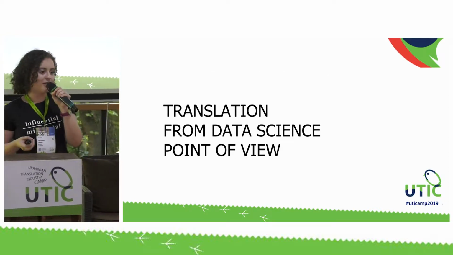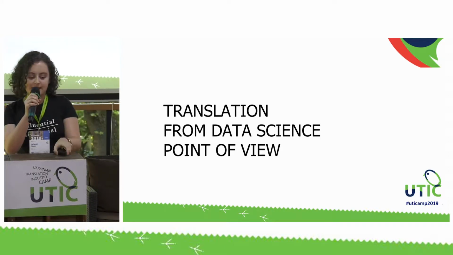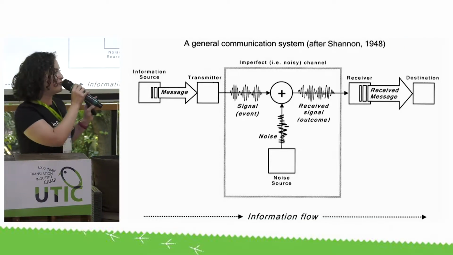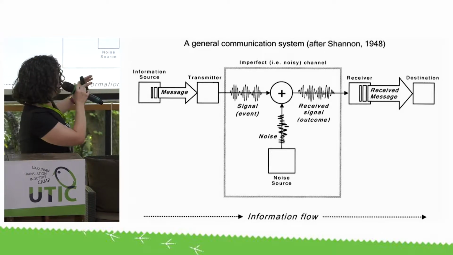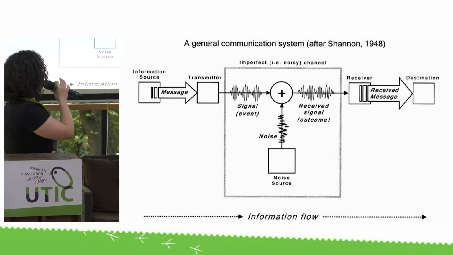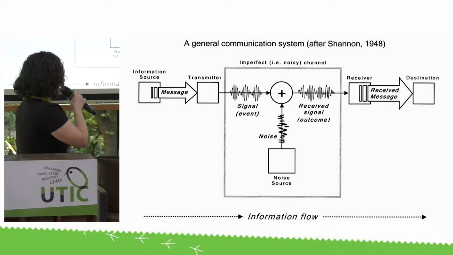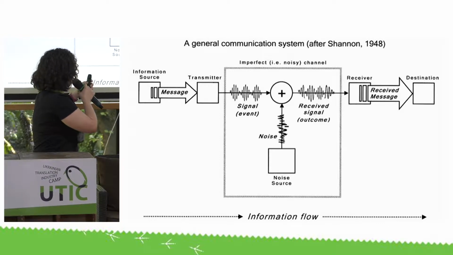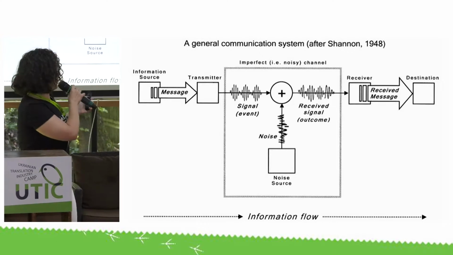So let's talk about how the translation process is seen in data science. I like to give this example. This is an information transfer model proposed by Shannon, the creator of information theory. He said, if you want to transfer information between two computers, first of all, we have to take our information and encode it. So the transmitter encodes the information, then it sends it over